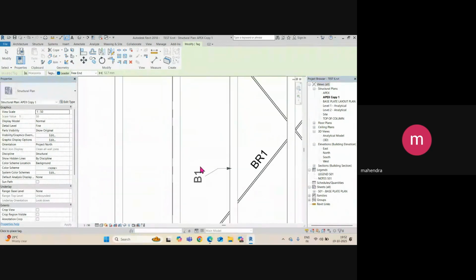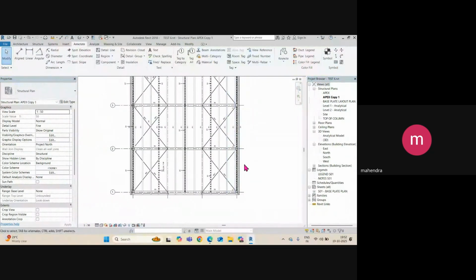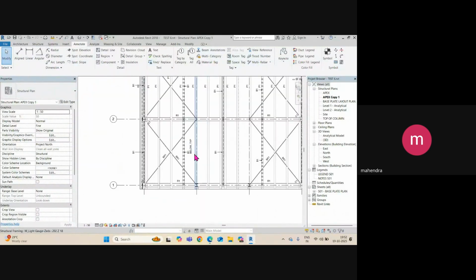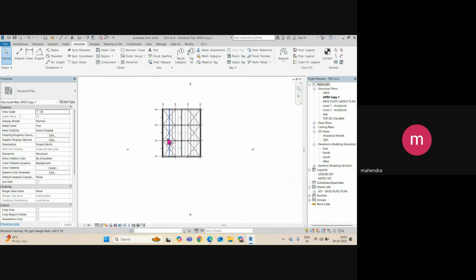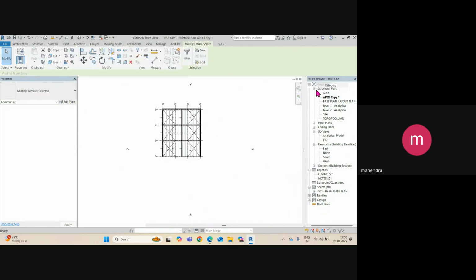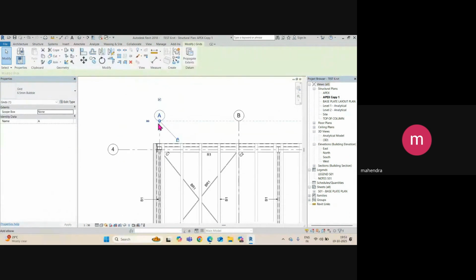Okay, so you need to give all the B1s, right? Here also. So give all the annotation. Then you can add this text again, B1 here, B1 here, below. Okay, and then hide all direction marks here by category, right? And then you can rearrange all this grid